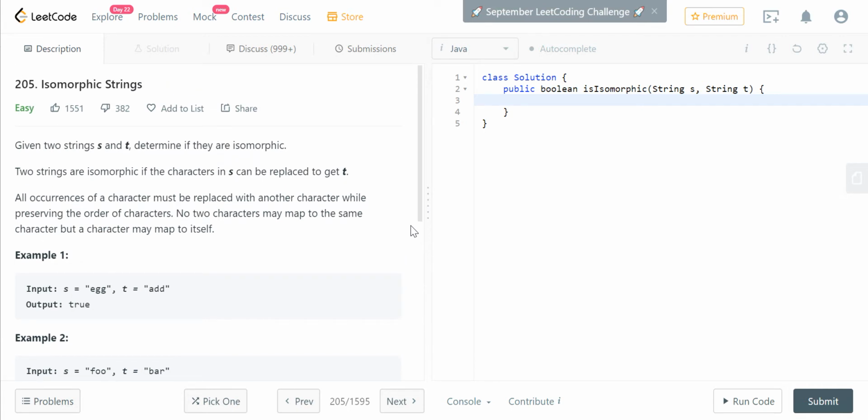Yeah, the first solution that comes to my mind is this. There are 26 alphabets, right? I think that is definitely always a given, and we're definitely dealing with the English language. If there are 26 alphabets, we can have a Boolean array which will store whether a specific character has been replaced yet or not. So as we proceed with the characters in string s,